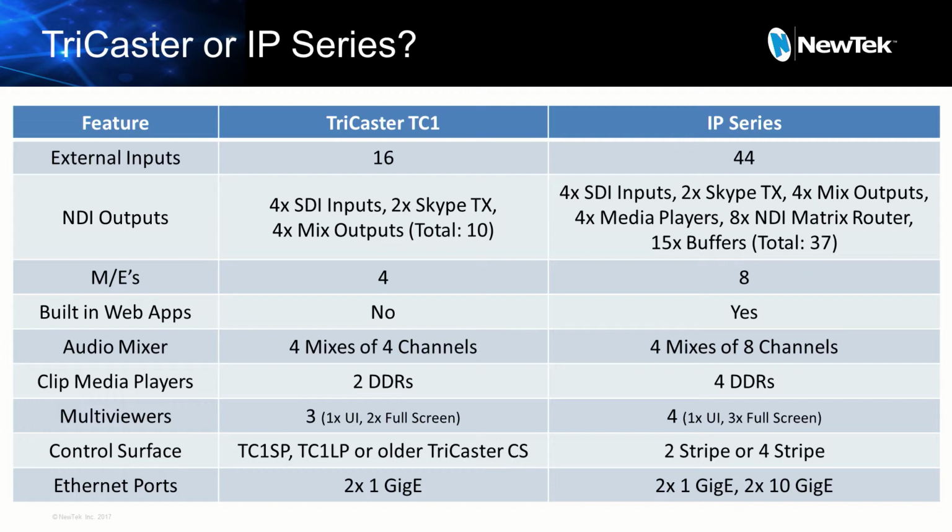It's got the same stuff that you'll find on a TC1: the inputs, outputs, and the 2 channels of Skype. But beyond that, all 4 DDRs are available as NDI outputs automatically. There's also a feature that's an IP series only feature called the NDI matrix router. This gives you 8 additional routable NDI outputs that you can assign on your control surface. You could make macros to control these, or control them from the UI, that allow you to control those outputs